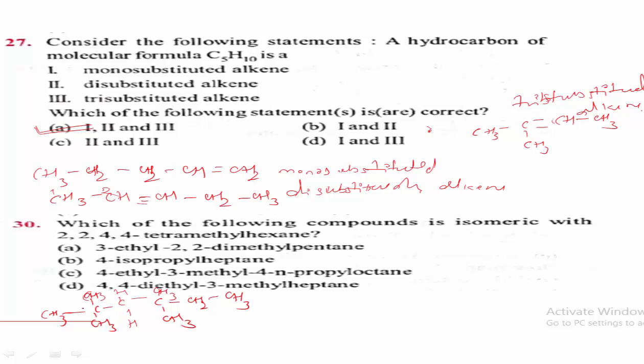Okay, total number of carbon atoms is 6 in the parent chain. Is it right? 1 2 3 4 5 6. Okay, as the 2244 tetramethyl hexane structure I have written here, and when you observe this, it contains total carbon atoms,